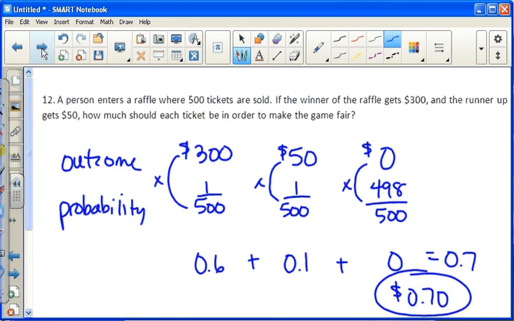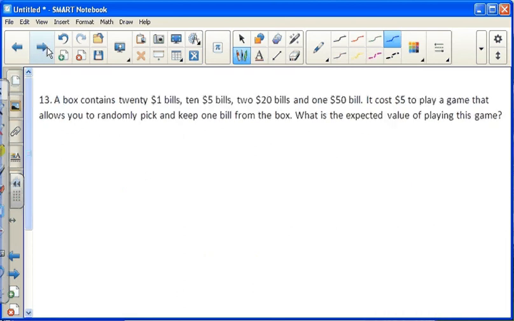Last problem. A box contains 33 bills: 20 ones, 10 fives, 2 20s, 1 50. It costs $5 to play. That allows you to randomly pick and keep 1 bill from the box. What is the expected value of playing this game? Okay, so this time